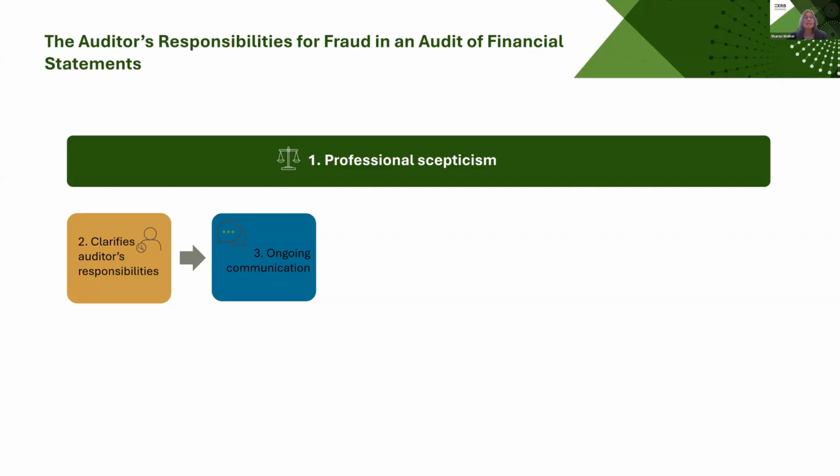The next area is the risk assessment. Under the revised standard, the auditor applies a fraud lens in the risk identification and assessment. So the new standard is structurally aligned with the risk assessment standard, enhancing the integrated consideration of fraud risks with the auditor's risk identification and assessment. So it's not a separate consideration. It's part of your overall risk assessment